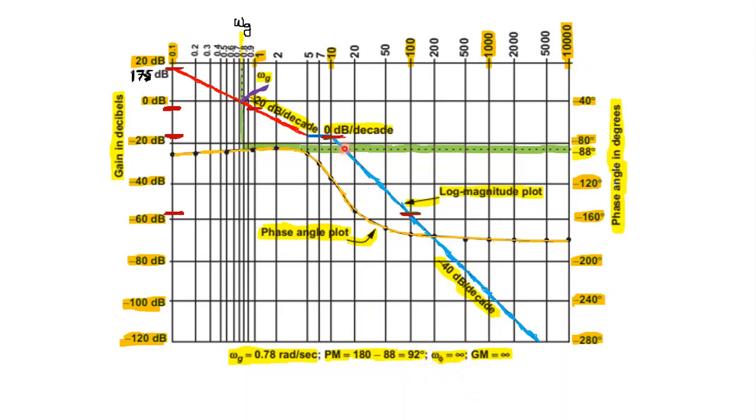At the phase crossover frequency, what will be the gain? Already the gain is going like this, so the gain will be minus infinity. Therefore, what is the gain margin? Minus of that. Whatever gain is there, we have to take minus of that. So the gain margin is infinity. So infinite gain margin and very good phase margin. That is the best example for explaining the magnitude and phase angle plot, second order factor, as well as a problem wherein we have very high gain margin and very high phase margin.